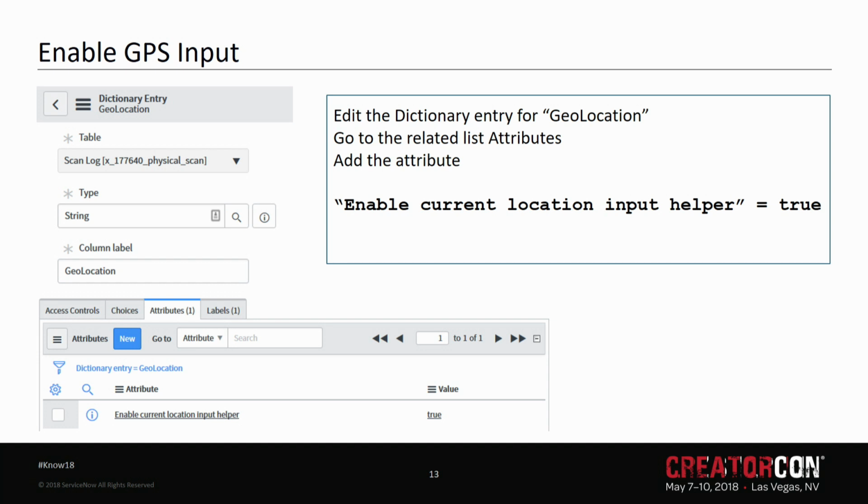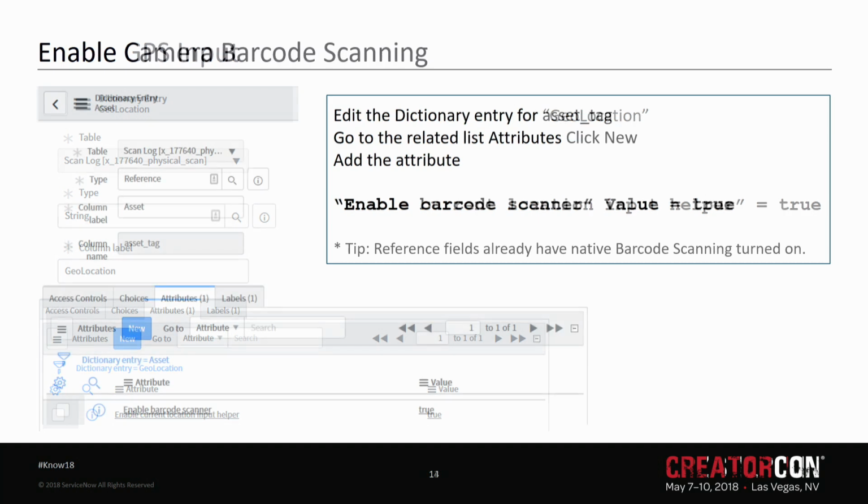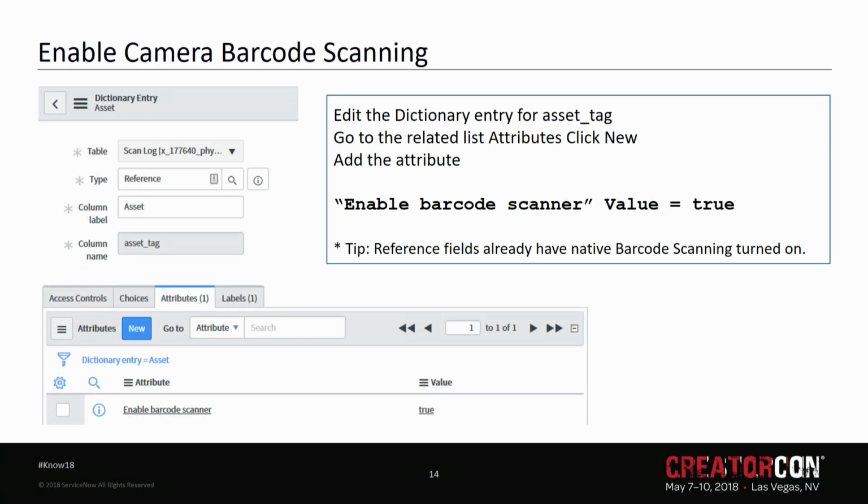It shows up like a line of code later on, but it's just an attribute. The next one is the barcode scanning. In the barcode scanning, same thing, enable barcode scanning. This is a trick though, because